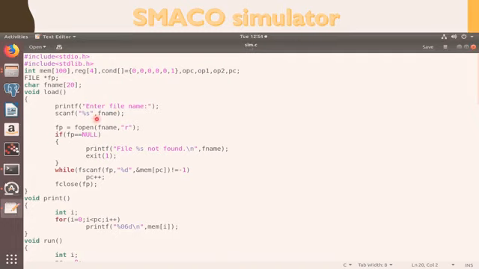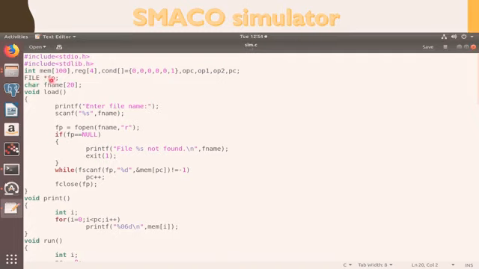So for that we will have to load one file, then print that file, then execute that file, and then we will get the output of whatever is written in that Smacko program. So we will create one ASM file, and some .x file. The .x file will contain your machine code. So first of all, for that we have created one file